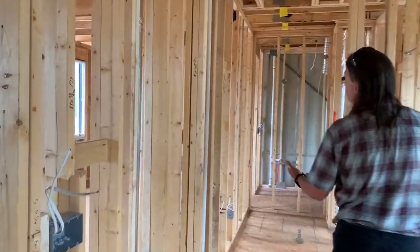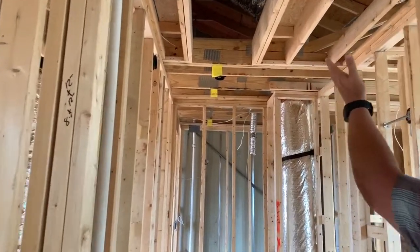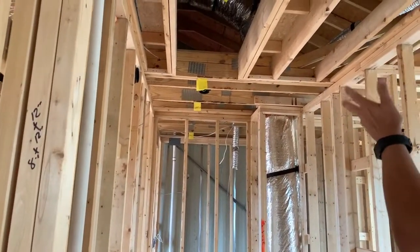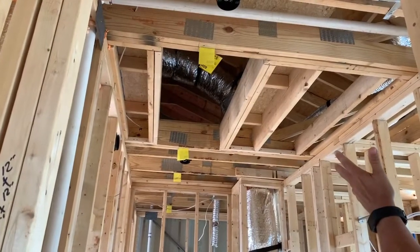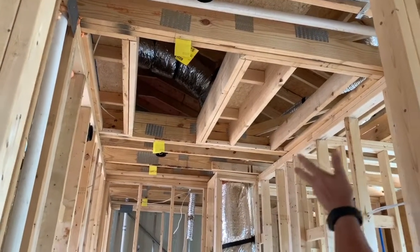Another unique feature of these homes is there actually will be room for an attic pull down, and there'll be storage in the attic for Christmas trees and other stuff, but it's much bigger attic storage than you'd see in many townhomes, most of which don't have any. So you've got some attic storage,